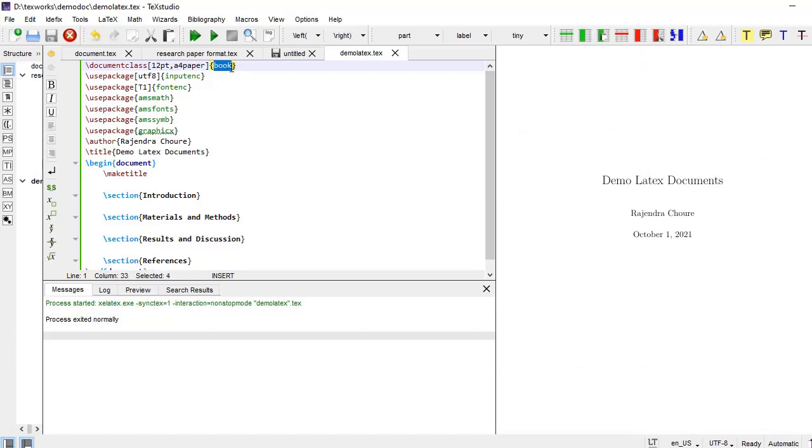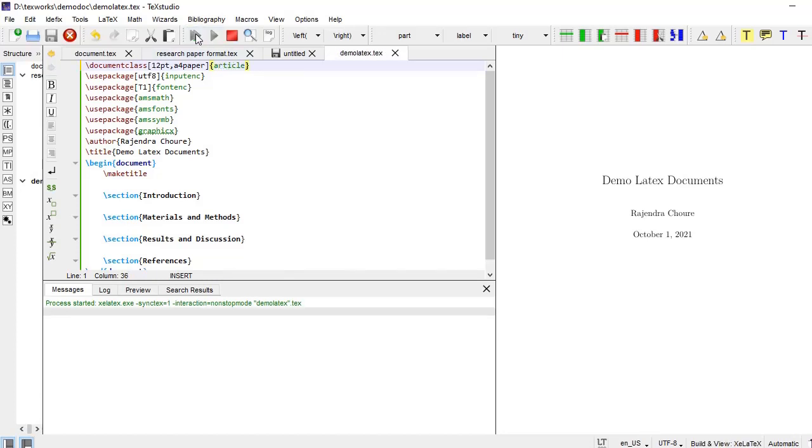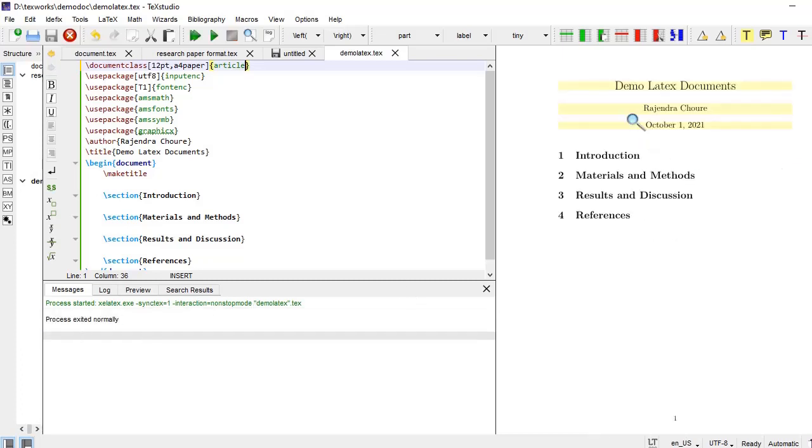Now I will change that to article and we'll compile it again to see what changes take place in the output. Here you will see the prompt that compilation is going on. The process exited normally, and this is the full skeleton of our document.